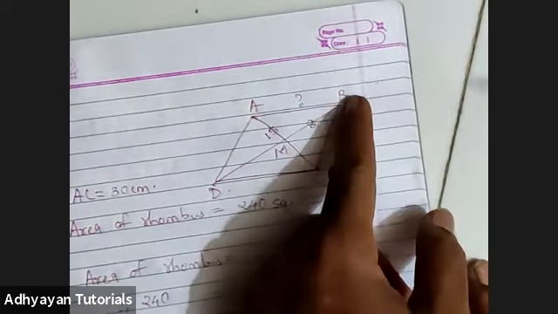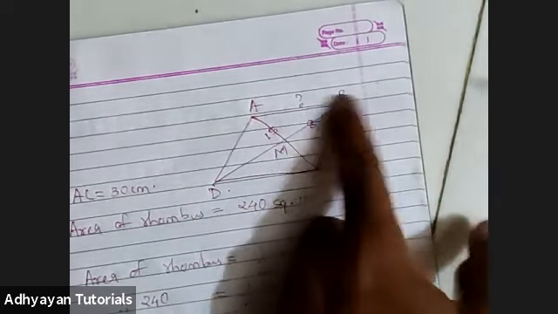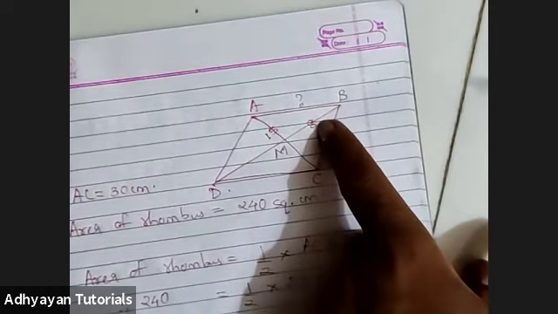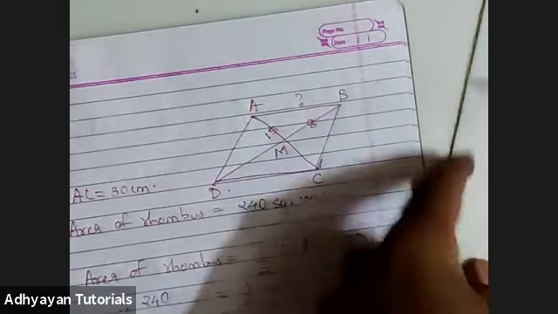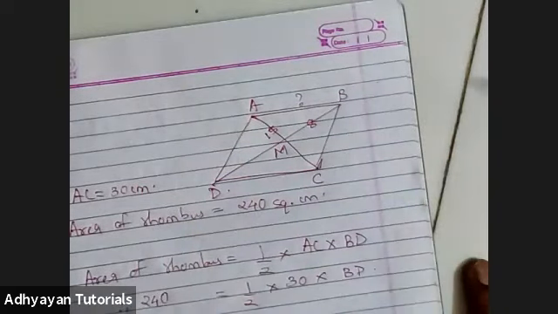Now, in order to find AB, as some kid rightly said, we'll have to use Pythagoras. So now is the time to use Pythagoras. This is 90, one side's value is 15, the other side's value is 8. Using Pythagoras, we will get AB, and once we get AB, we can very easily find the perimeter, right? So I'll just show you the further steps.